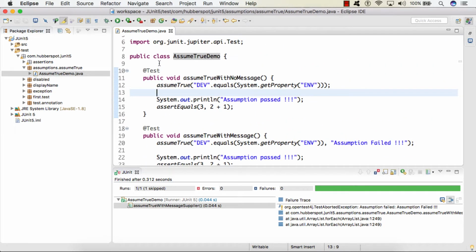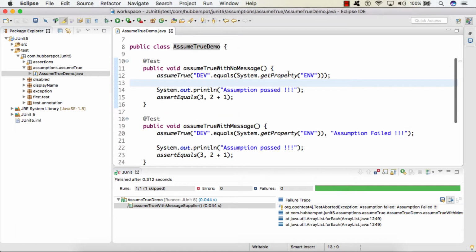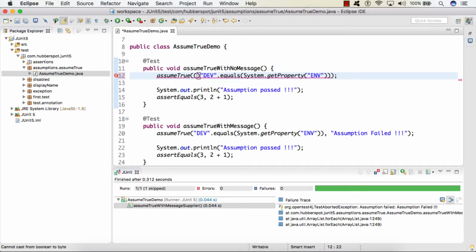The other 3 overloaded methods work exactly the same, only instead of providing a boolean condition like this here, we supply a boolean supplier function interface whose syntax is something like this. So instead of passing a boolean condition directly, we can supply it by boolean supplier function interface.